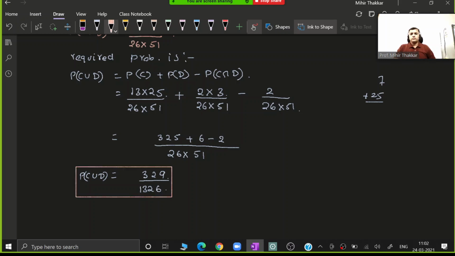So whenever you come across the questions of probability, as I am telling you again and again, do not do the reduction in the very beginning. It becomes very helpful in this kind of calculations, because if you do the reduction in the beginning, then taking LCM will be more difficult. So leave it. It will not reduce any of your marks. Okay.